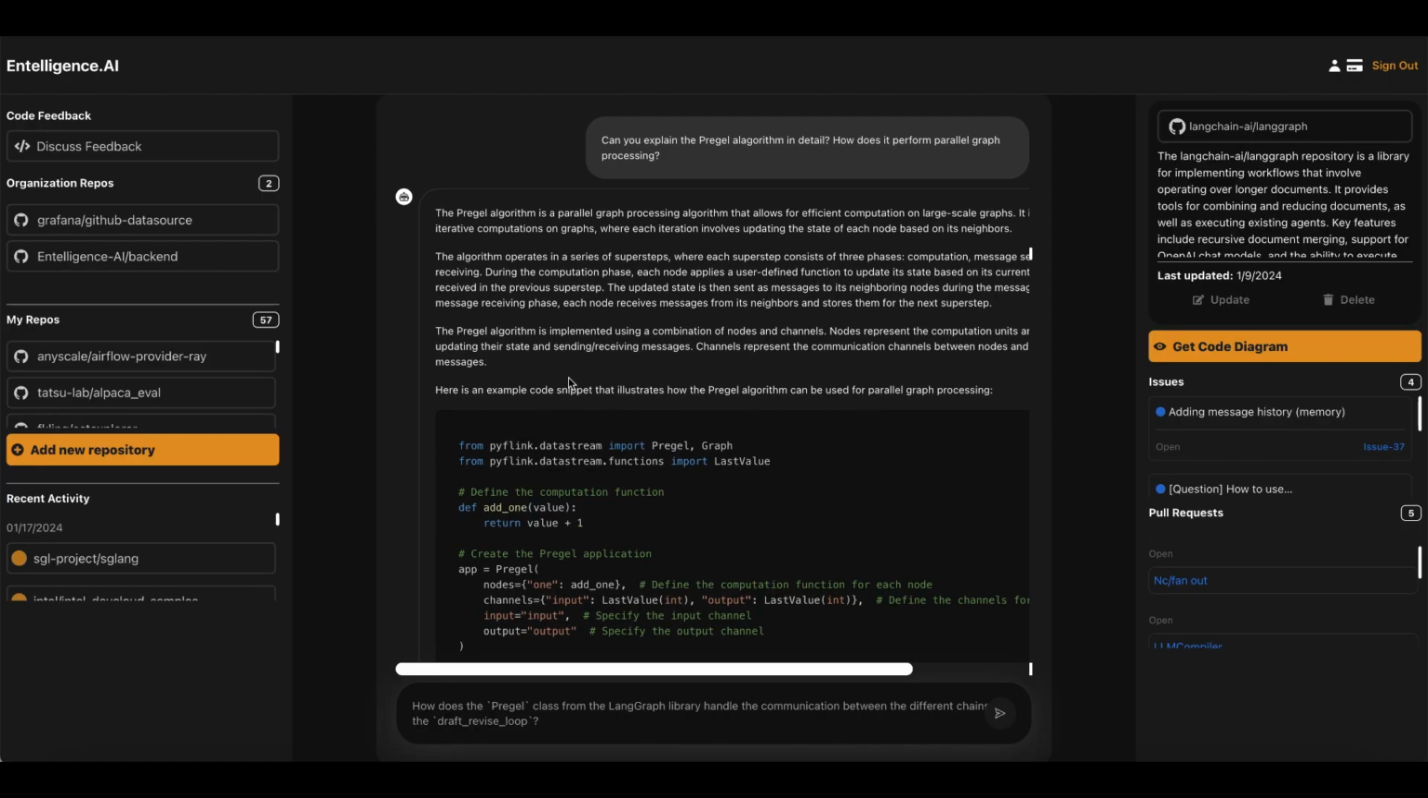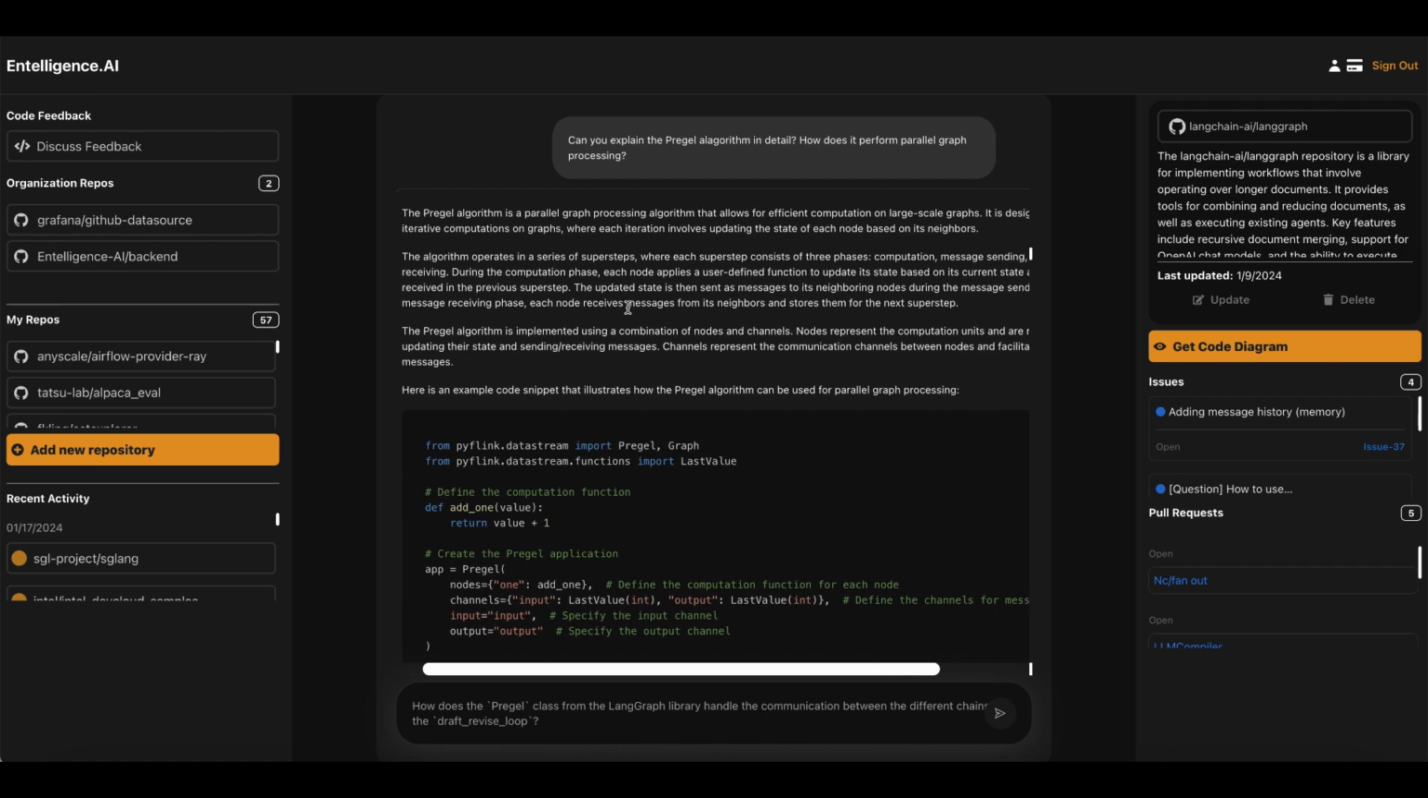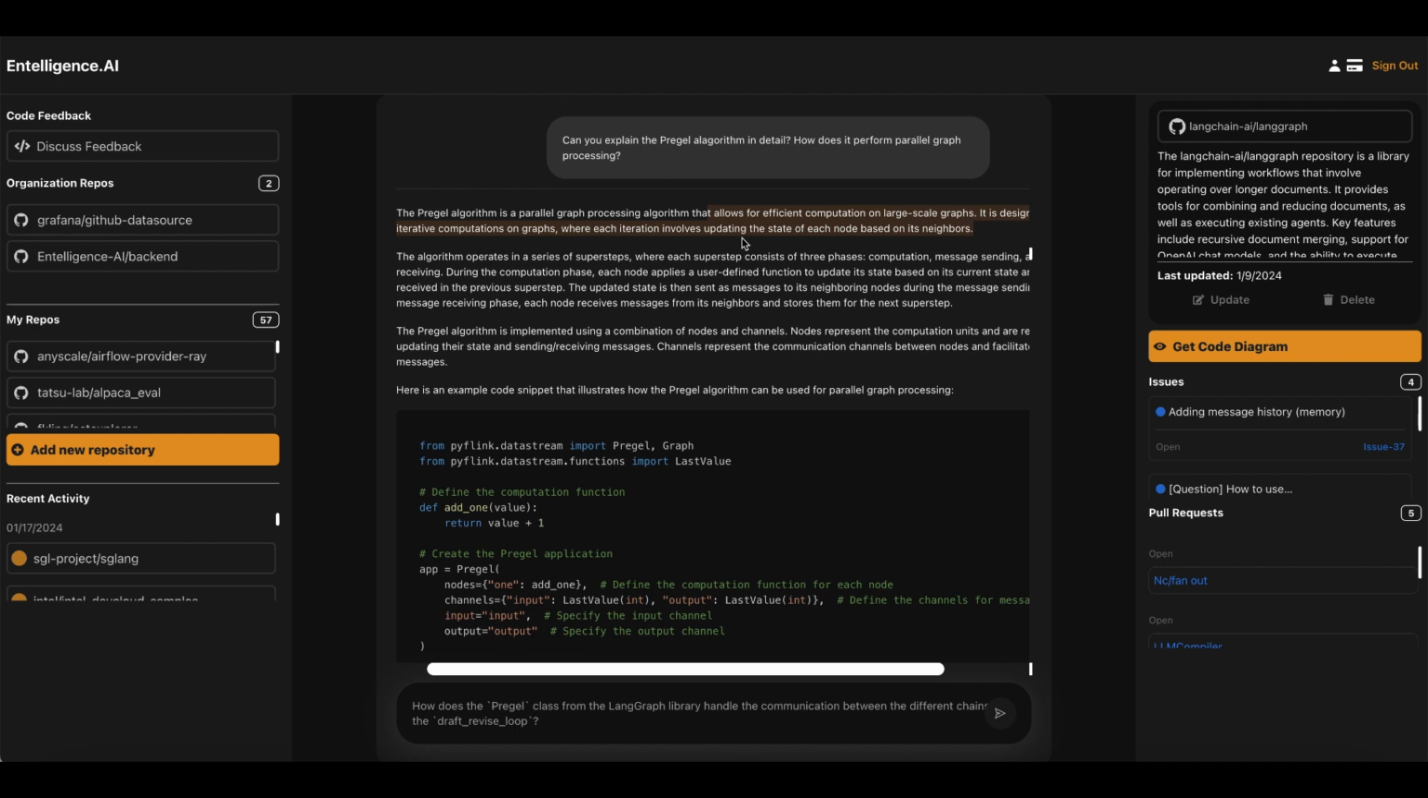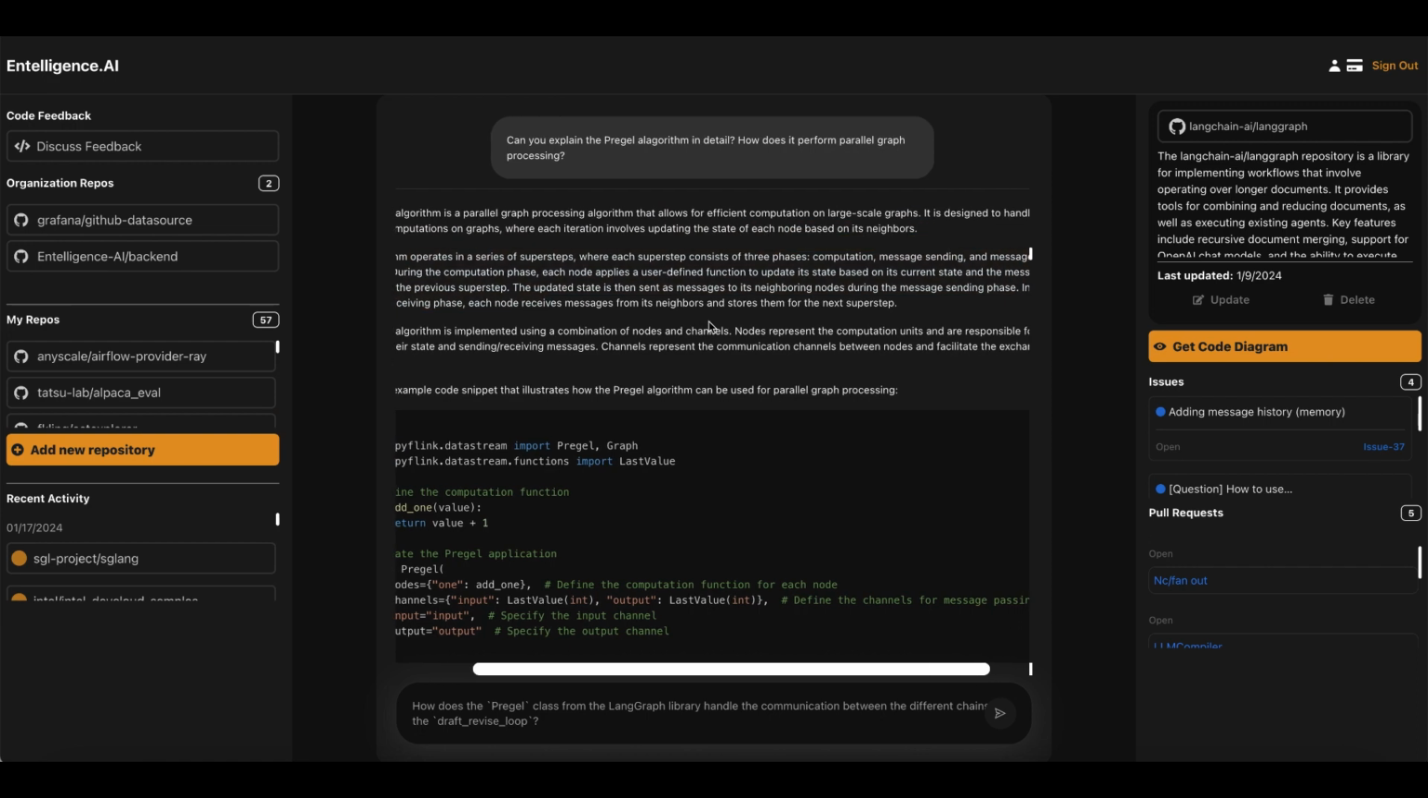To explain the Pregel algorithm in detail: how does it perform parallel graph processing? The Pregel algorithm is a parallel graph processing algorithm that allows for efficient computation. It operates in a series of super steps, where each super step consists of 3 phases: computation, message sending, and